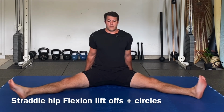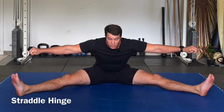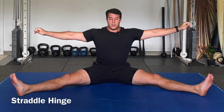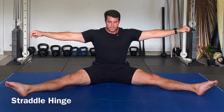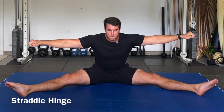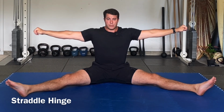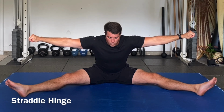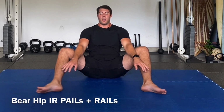From here, we're going to perform some straddle hip hinges here. We're going to hinge at the hip and lean forward and try to keep our back straight, chest high. So we're going to inhale, lean forward. Let's try it again. You can point the toes this time. Inhale. Lean forward. And come back up. All right, here we go. Let's try it again. Inhale. Lean forward. Good job. All right, let's move to a bear